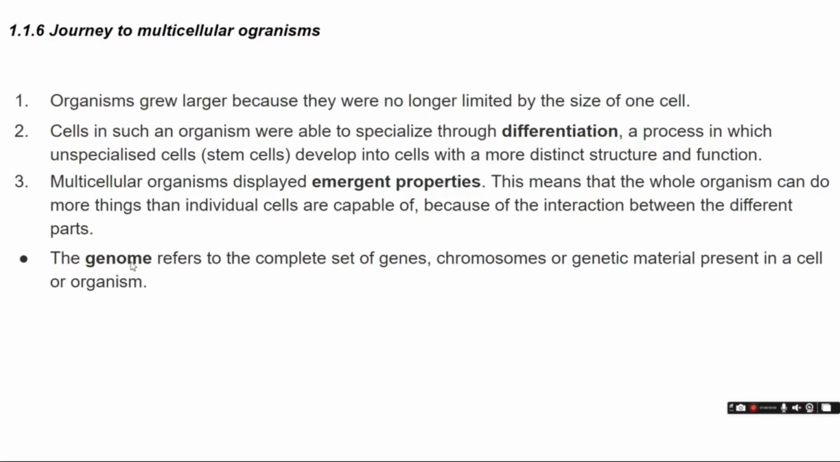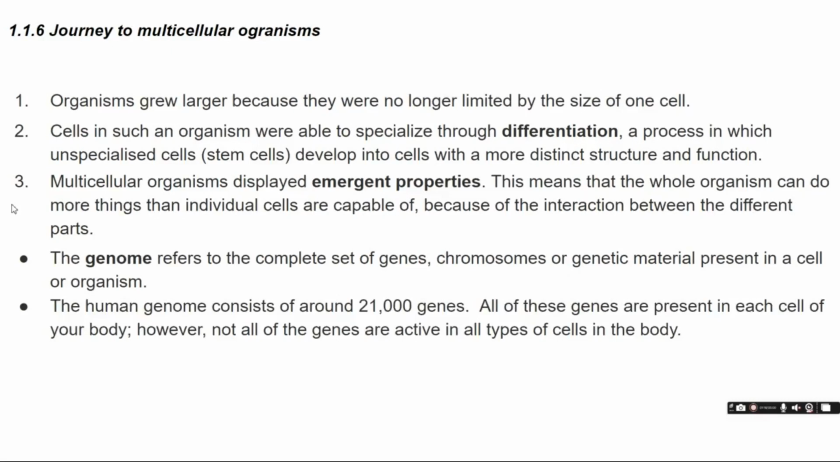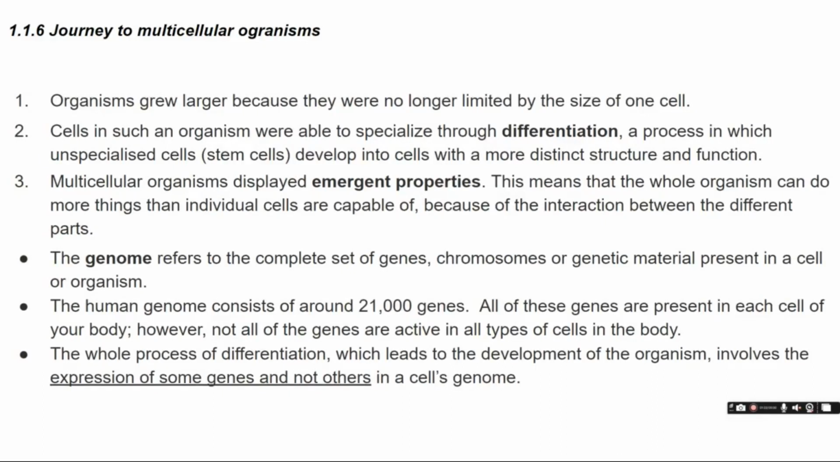And so you also have to know the genome, which simply refers to the complete set of genes or genetic material present in a cell or of an organism. So the human genome consists of around 21,000 genes, and these genes are existent in all of our cells. However, only some of them are expressed in each cell, which is what causes each cell to be unique and